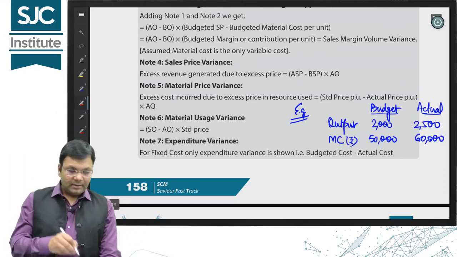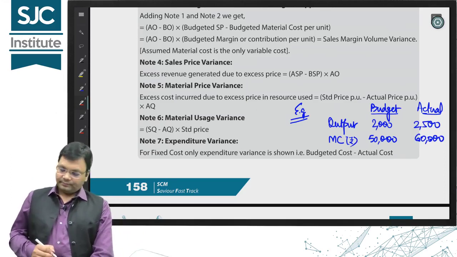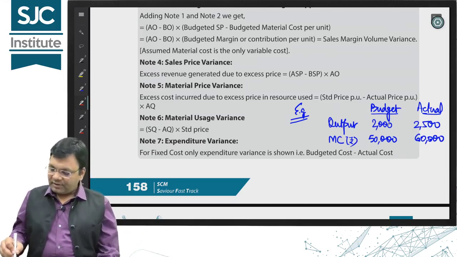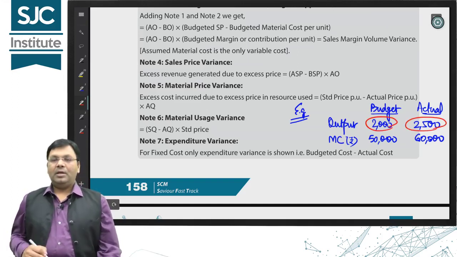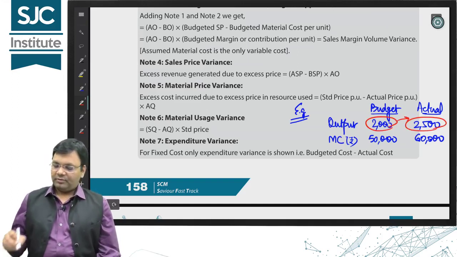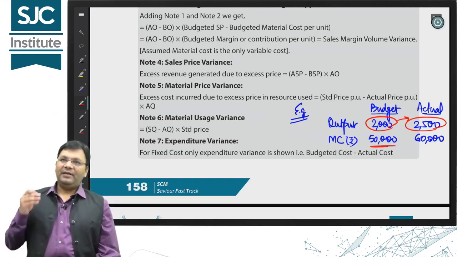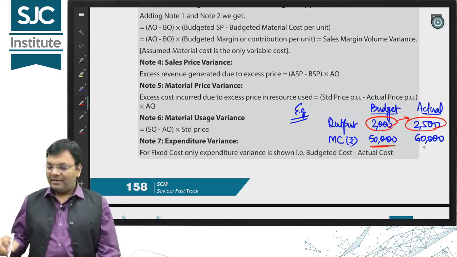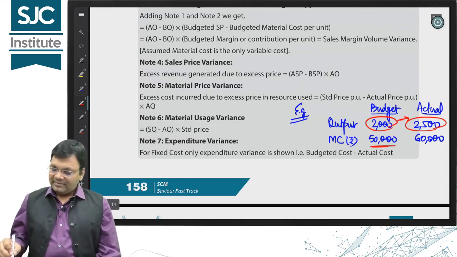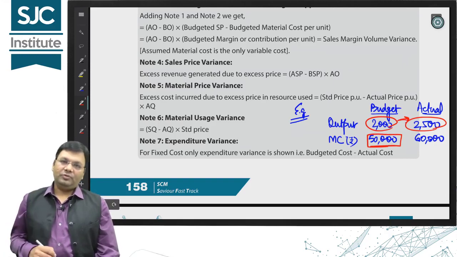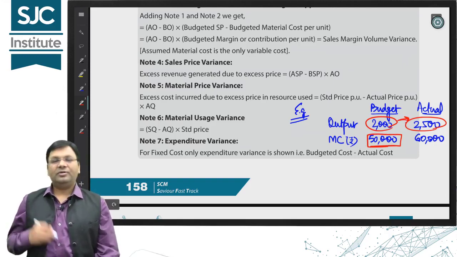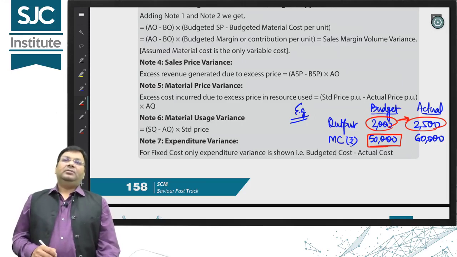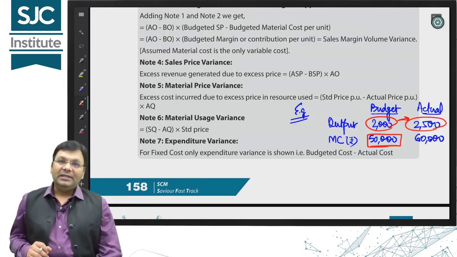Alright. So the question here is, what do you think? Just focus on the growth of output. Due to growth of output, should your material cost increase or decrease? Whenever you grow your output, should your material cost increase or decrease? What has happened in actual, don't look at that. Just tell me whether your material cost should increase or decrease when your output grows. So it is obvious that material cost will increase.